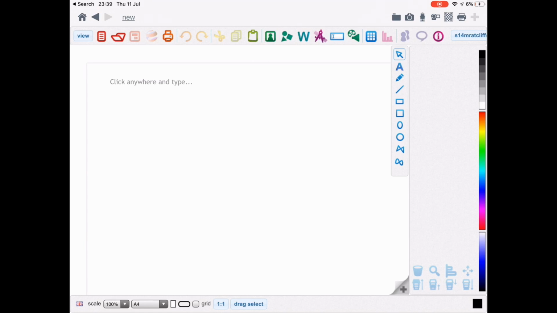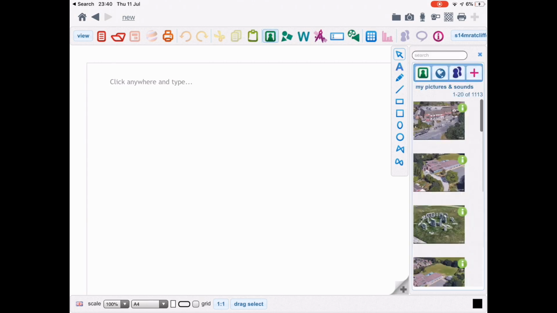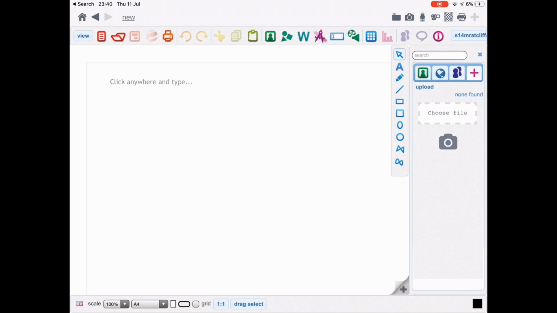Now I need to transfer the picture from the iPad into J2E. If you look along the icons at the top of the screen, you can see there's a little outline of a person in a picture frame, and if I tap on that, it will let me get to a section which lets me choose the picture. Now I've just clicked on the red plus that you can see. When you click on the red plus, you get the chance to choose a file. So I'm going to tap on that,